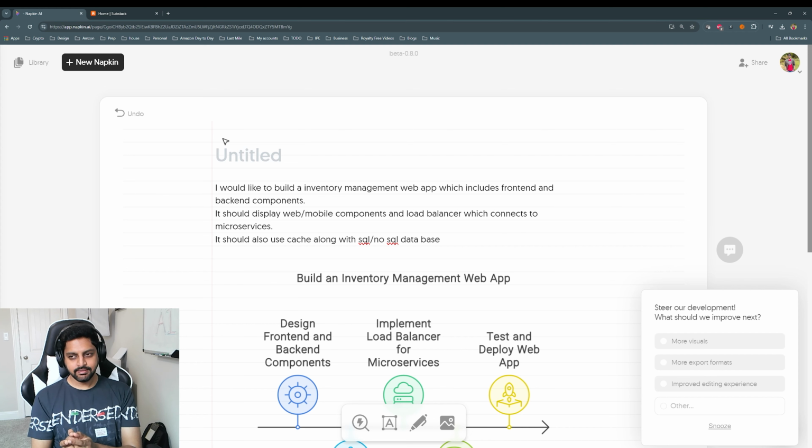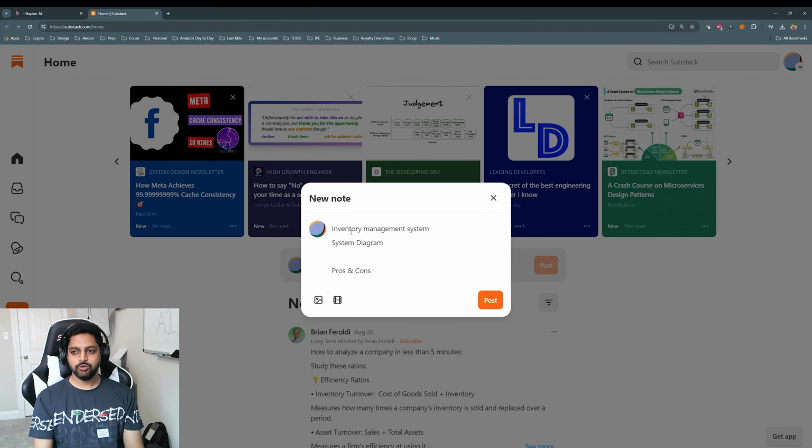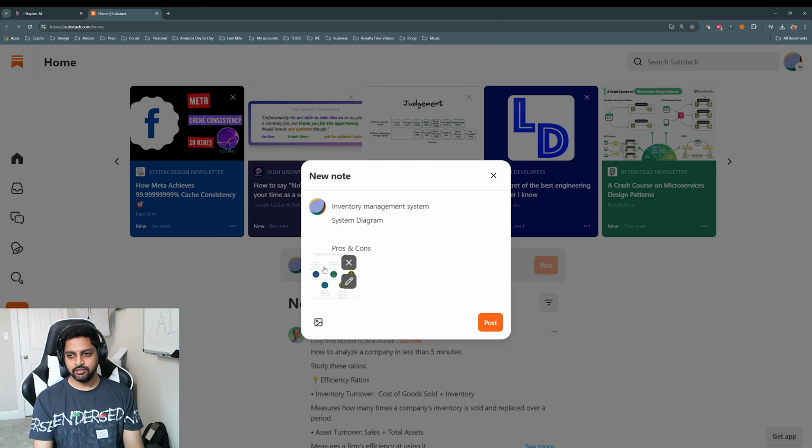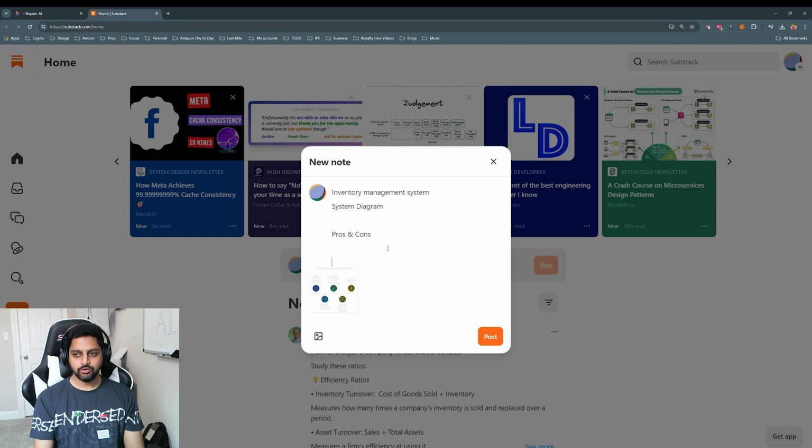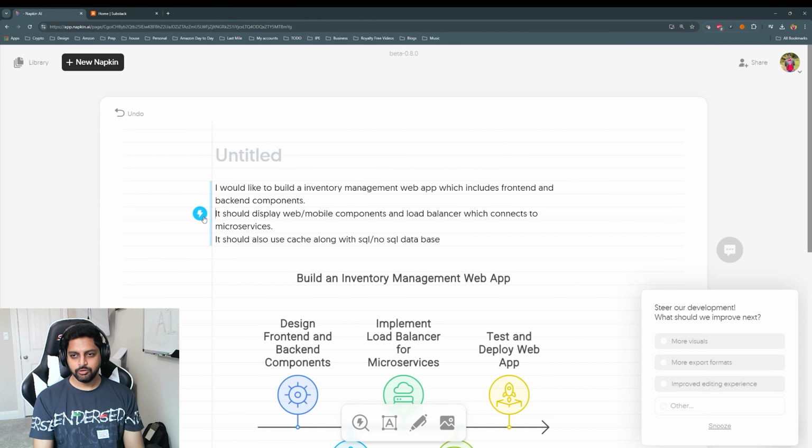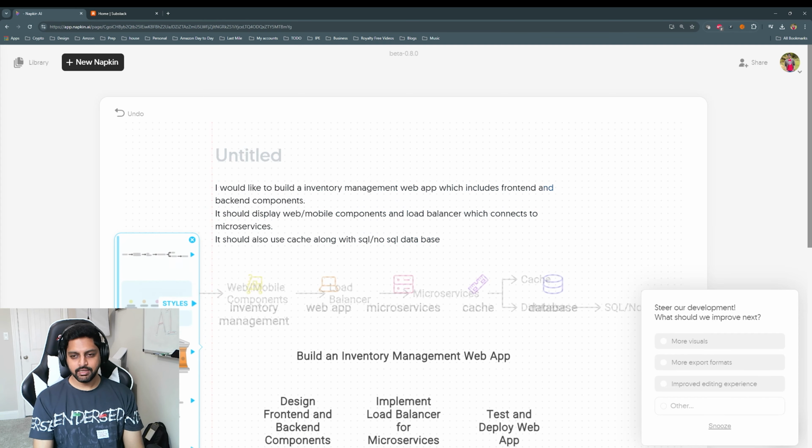Similarly, if you wanted to write any blog post, all that you need to do is copy and paste the text with the context, and it gets us with different visuals. Now, for example, if I wanted to create an inventory management system, I have different headings like system diagram, pros and cons. Now I already have this particular image, so all that I need to do is select the system diagram image, and as part of pros and cons, if you go here and click on build spark again,